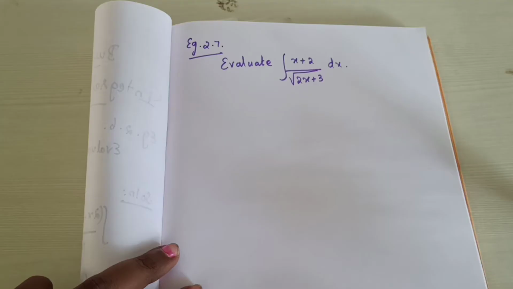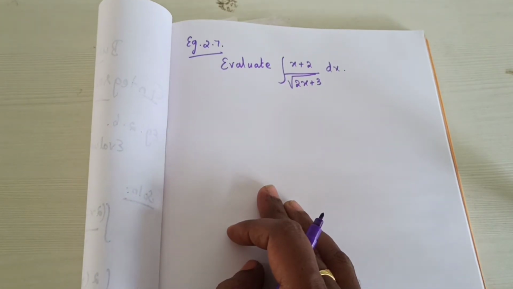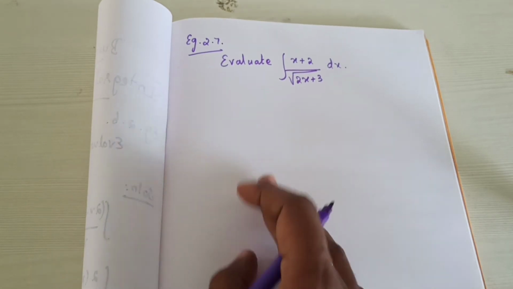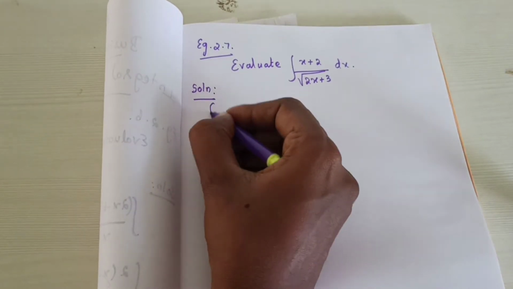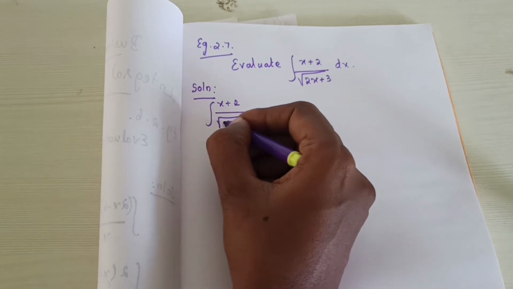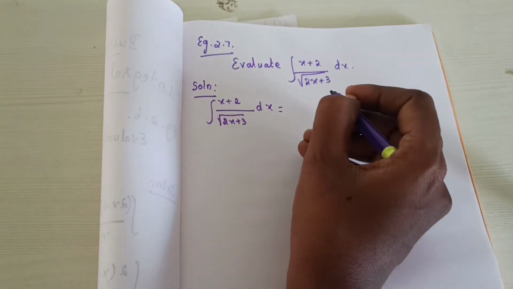Example 2.7. Solution. Evaluate the integral of (x plus 2) divided by the square root of (2x plus 3), with the square root in the denominator. Listen here students, it is somewhat different. So the integral of (x plus 2) divided by the square root of (2x plus 3) dx is equal to,